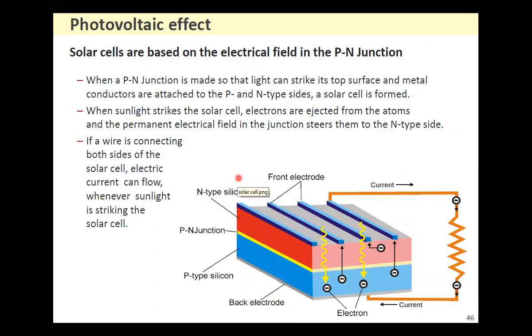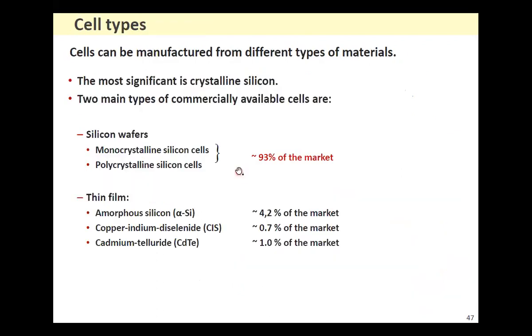You can find more details in a physics class. Let us discuss the cell types. One of the most important and most used technologies is the silicon-based cells, and you know what silicon is, and normally all our power electronics ICs and transistors are made up of silicon. And normally you have either the monocrystalline silicon cells,